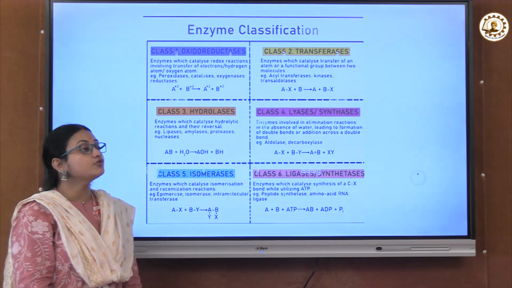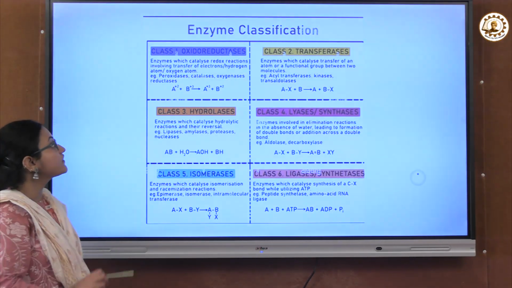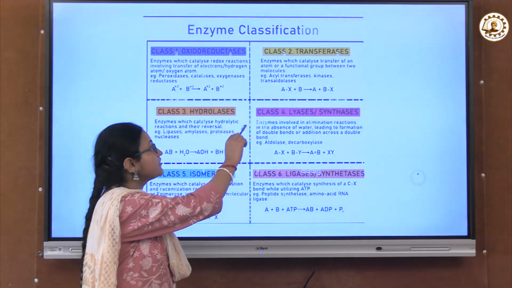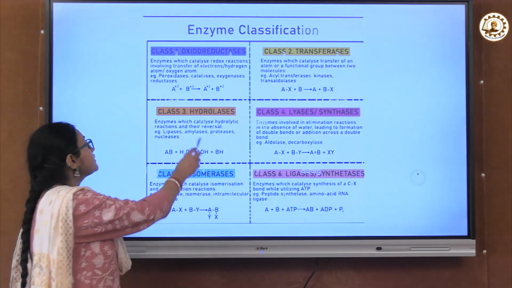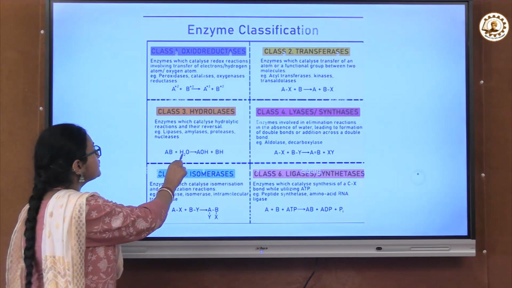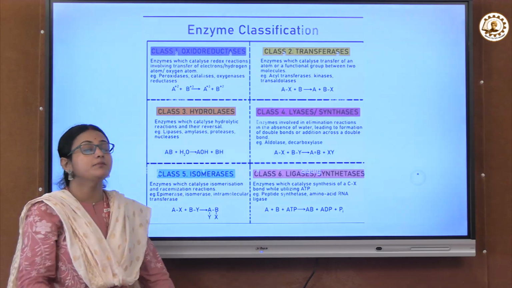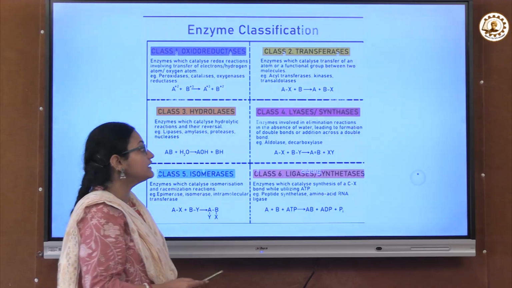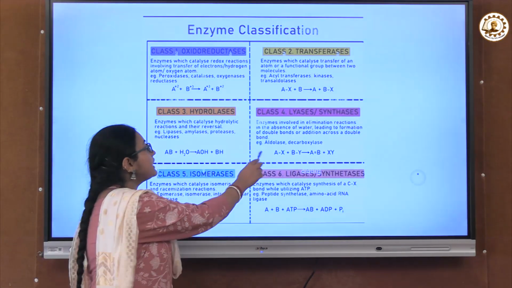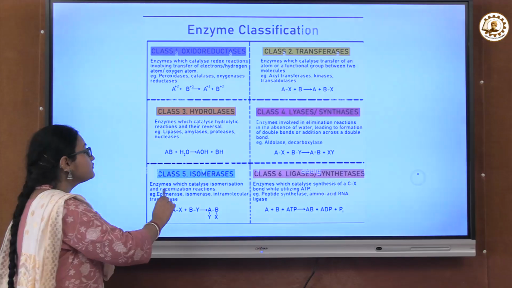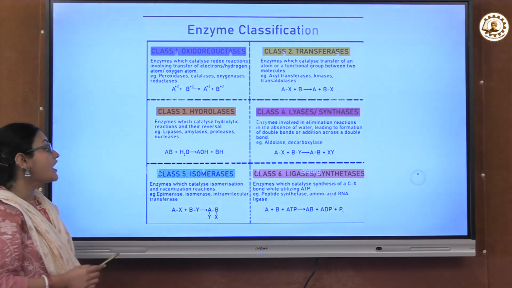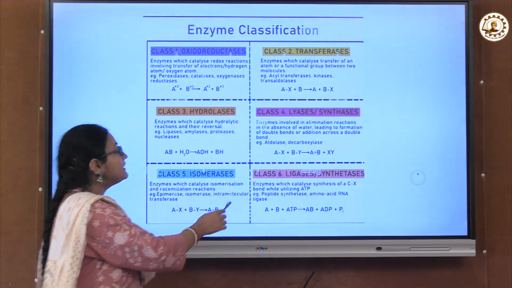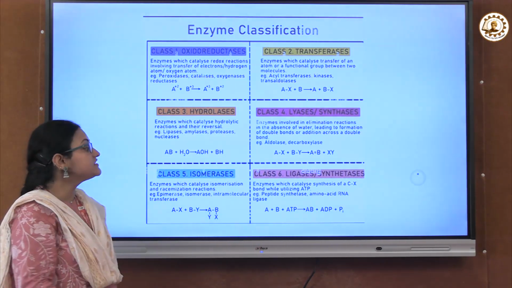Enzyme classification. There are a total of 6 different types of enzymes. One, oxidoreductase, in which both oxidation and reduction take place. Another is transferase, which transfers a particular group. Another is hydrolase, where water breaks down the bond. Here you can see H2O, so OH, water breakdown. Lyase enzymes involve elimination reactions in the absence of water, leading to the formation of double bonds. An example is aldolase. Isomerase catalyzes isomerization, meaning changing the structure or form. And ligase is called the molecular glue, which is required for joining.